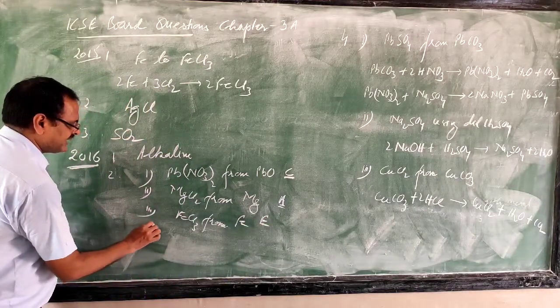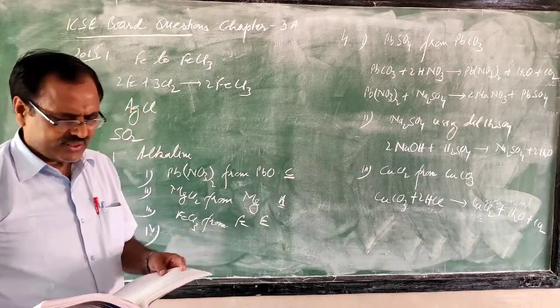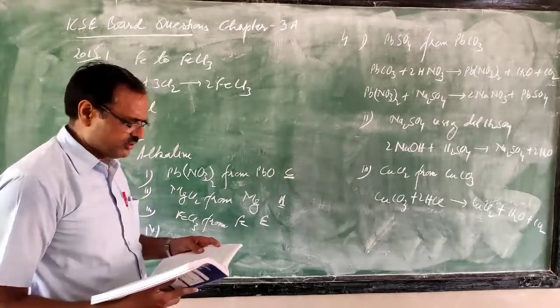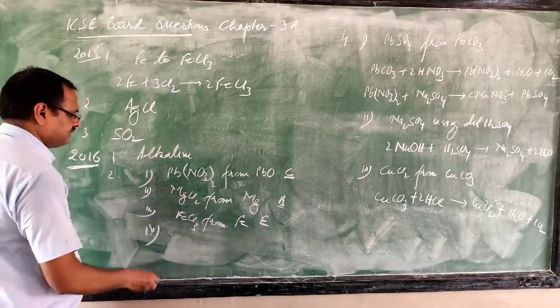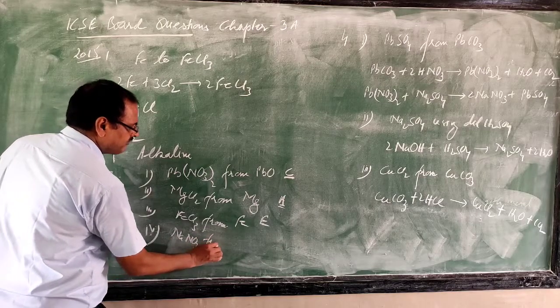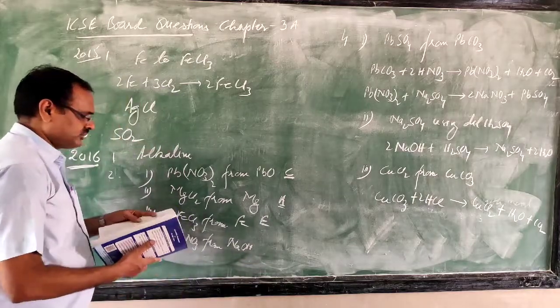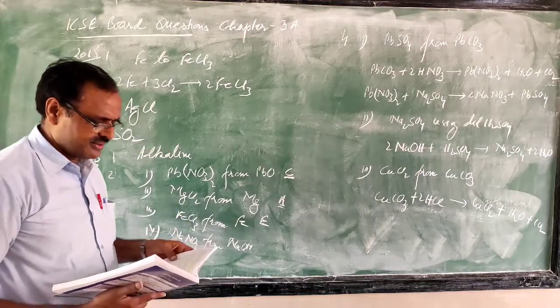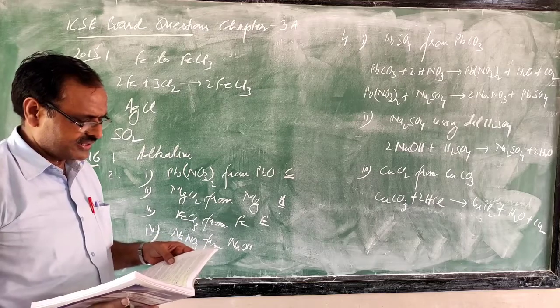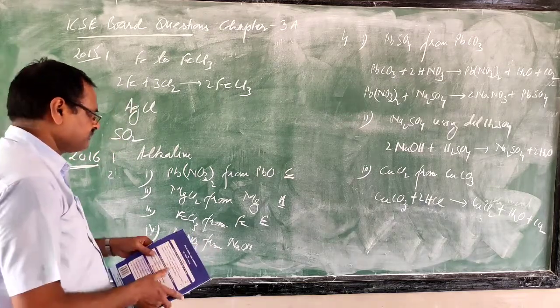Either direct combination or combination, both are same. And the fourth one, sodium nitrate from sodium hydroxide. So this utilization of an alkali is there. Just you see it is given titration and utilization of an alkali. Both are correct. So titration is given. So B can be used.